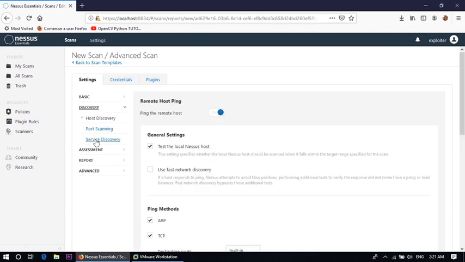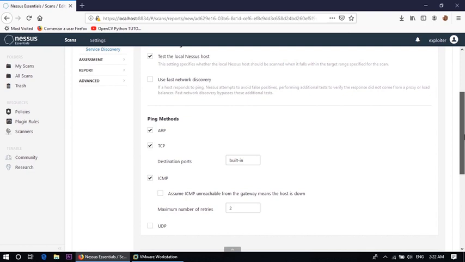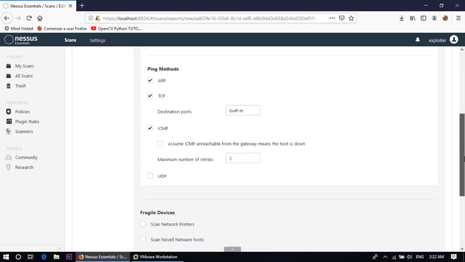Now where are all the options for discovery? Discovery options are the ping method, ARP and TCP, and it also uses ICMP, and the maximum number of tries is 2. That means it tries twice for a particular request.